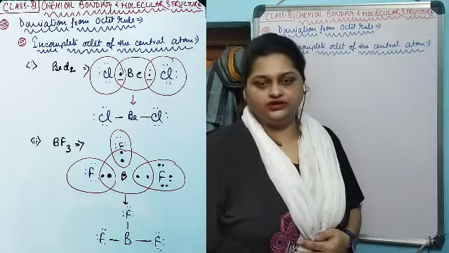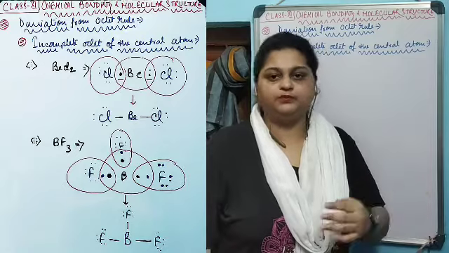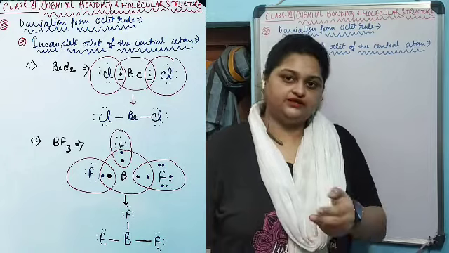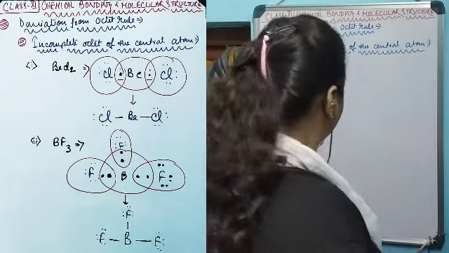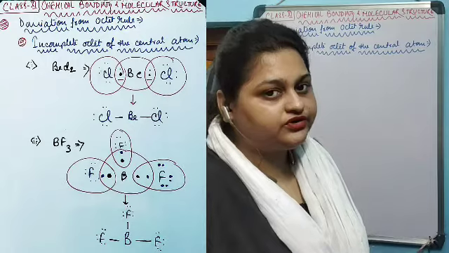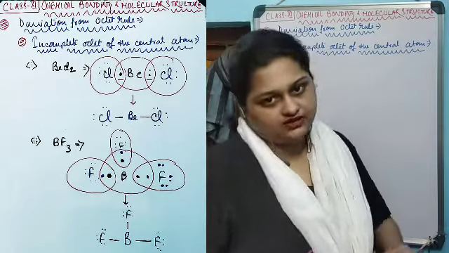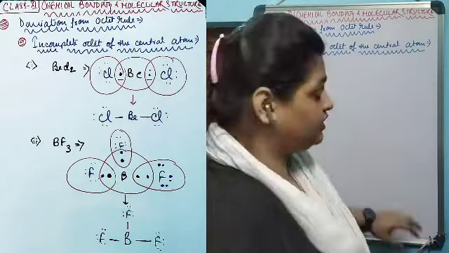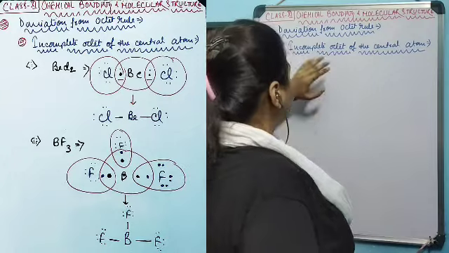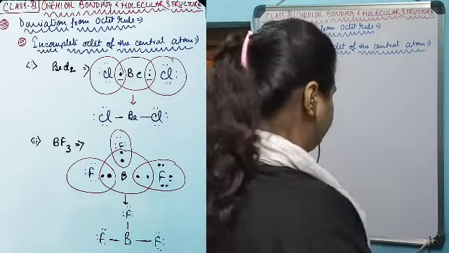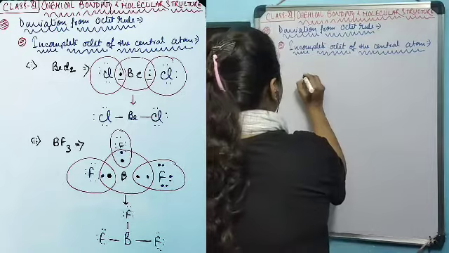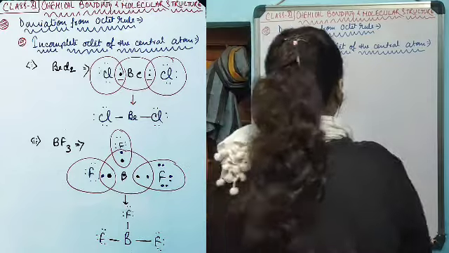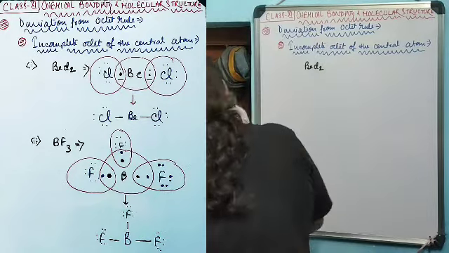The octet rule can explain the formation of many compounds, but there are some deviations. In the following compounds that we are going to discuss, there are some deviations from the octet rule. The first two compounds that we are going to study now show incomplete octet. The first one is beryllium chloride, BeCl2. Now the Lewis dot structure for beryllium chloride